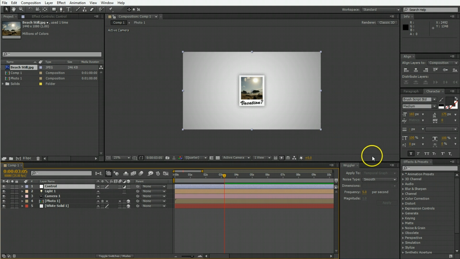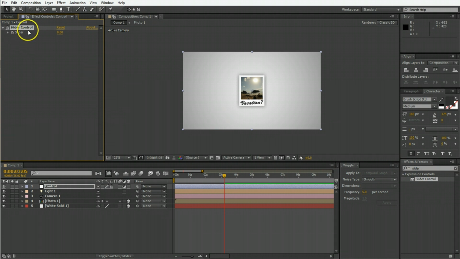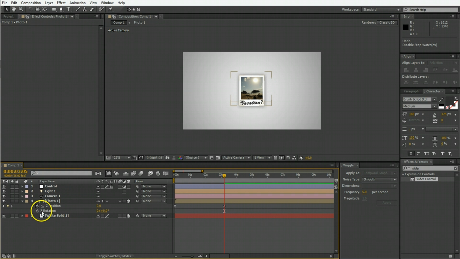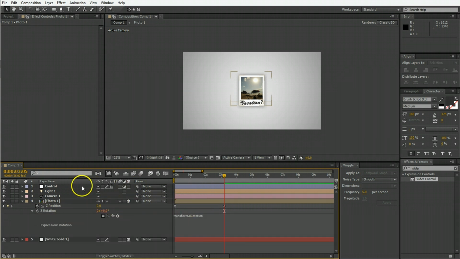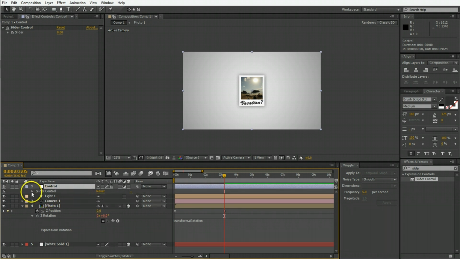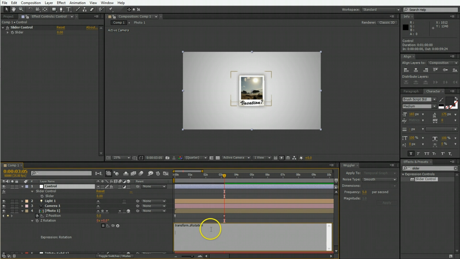And we're going to add to it a slider control, and just drag that out onto the control layer, and then twirl open the properties, Alt-click on the Z rotation, and then open up the effects slider control slider, and we're going to write in some expressions so that one can influence the other. And the expression we're going to use is seedRandom, that's lowercase seed, capital R, random,